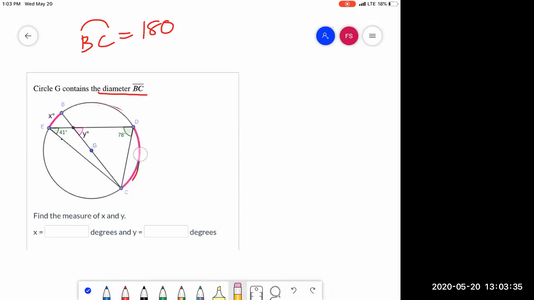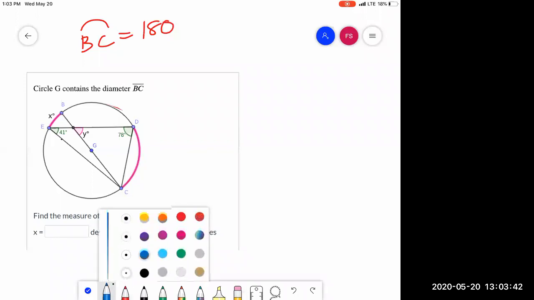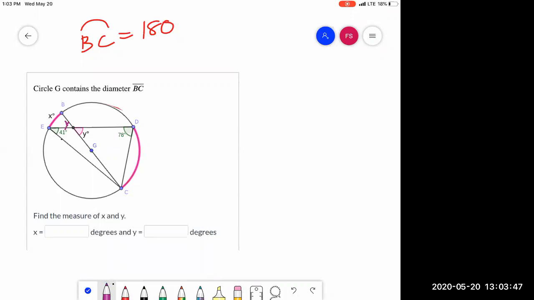So here I want to solve for X and for Y. And one thing that I notice is that Y here is one of these vertical angles that are made by the two secant lines, and they intersect inside the circle. So our notes from this week tell us that Y is going to equal the sum of those two pink arcs, so X, and I'm going to call that arc DC for now, all over 2. So we're going to use this formula to solve for Y eventually, but first we need to figure out X